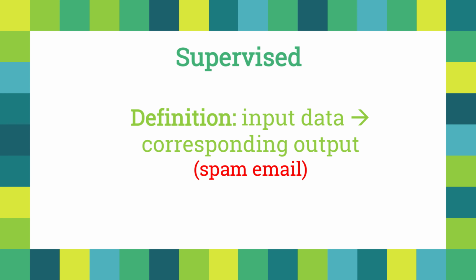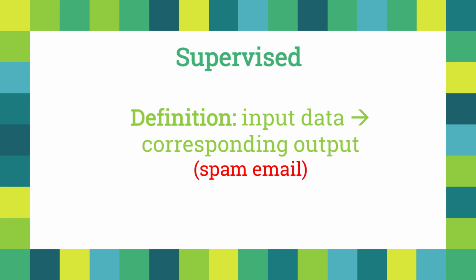For instance, you get an email dataset, and for each email you know whether it is spam or not. And the goal is to build a model from this data so that if a new email arrives in your inbox, the model can determine correctly if it should go to your primary folder or to your spam folder. So the model is trying to answer a yes/no question: is this email a spam or not a spam? So this is basically the question. So in summary, you have the data, which is the examples, and you have the corresponding output for each of these examples.